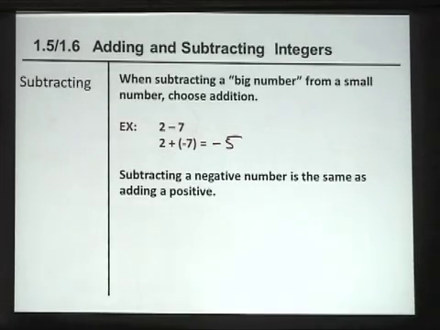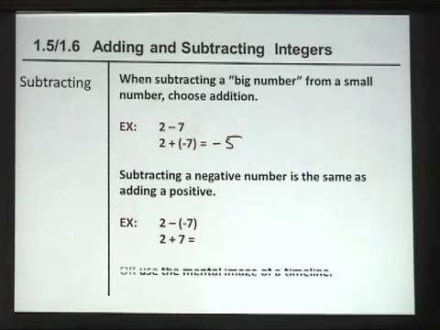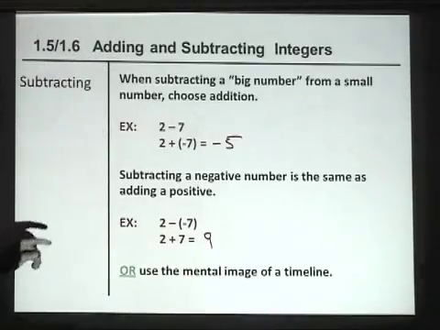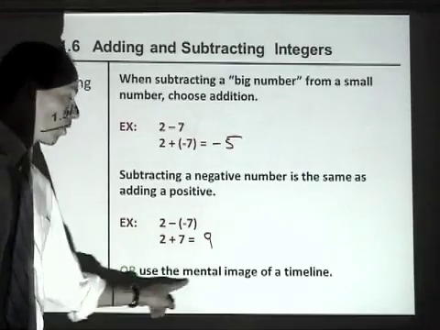Now, subtracting a negative number is the same as adding a positive. And this is probably one of the trickier things we're going to do all year. For example, 2 minus negative 7. Go ahead and write down what you think the answer to the problem is. 2 minus negative 7 is the same thing as 2 plus 7. And the answer to that is, of course, 9. So you can use these rules as you move forward in the addition and subtracting of positive and negative numbers. Or you can work to